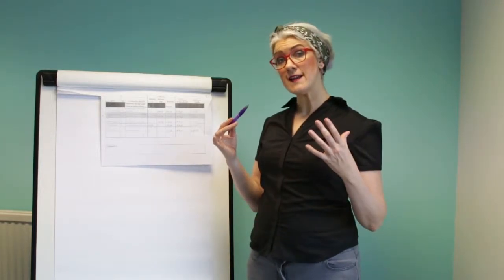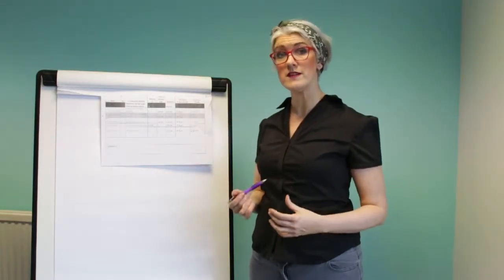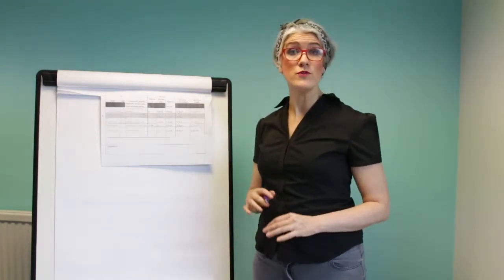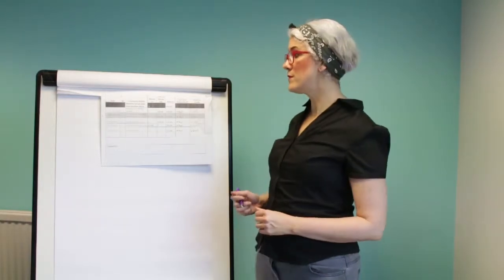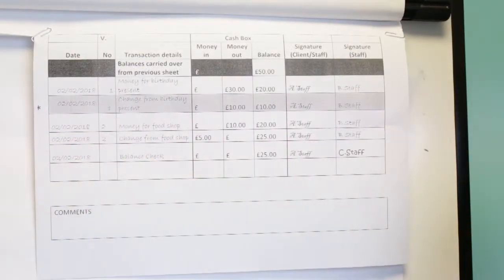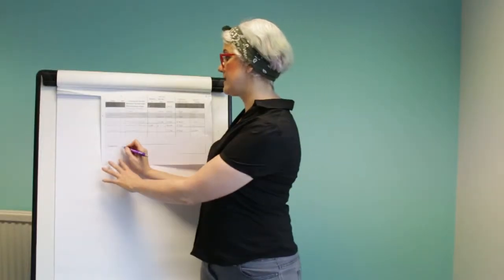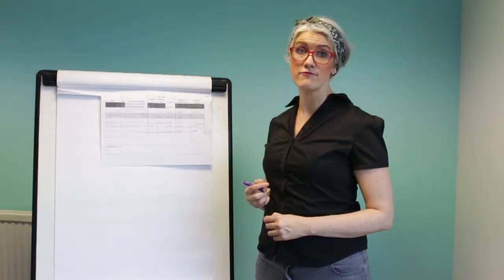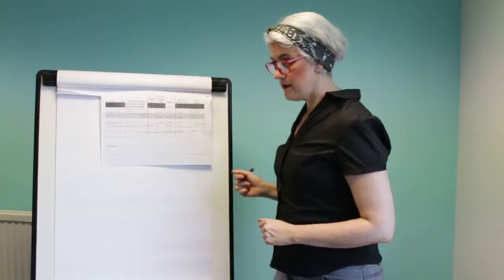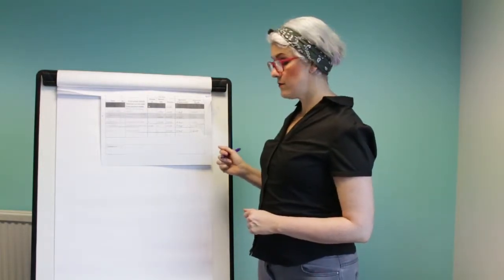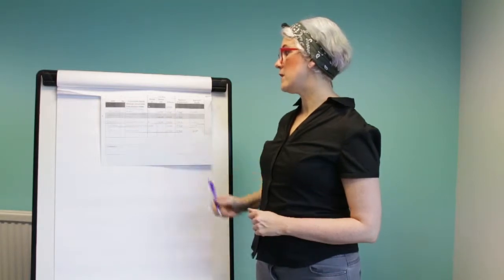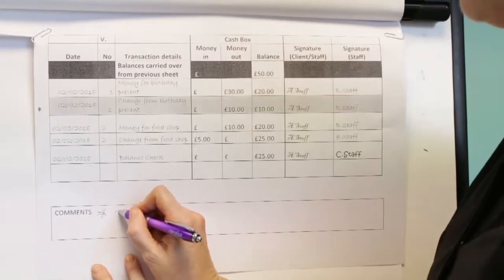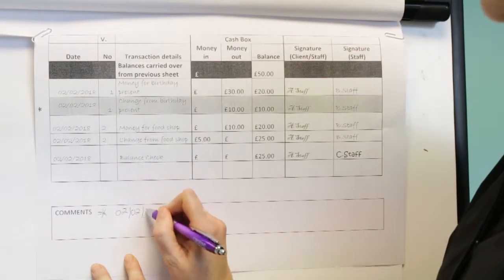So when we make an error and we notice it straight away, what we do is put a line through the transaction. When we find an error at a later date, we're not going to put a line through the transaction. What we're going to do instead is put an asterisk next to the error and an asterisk in the comments section, and we're going to identify the error and write who spotted it. So we're going to record the error, which was that the £10 was entered into the wrong column and what date it happened. In this case, it was the 2nd of the 2nd, 18,